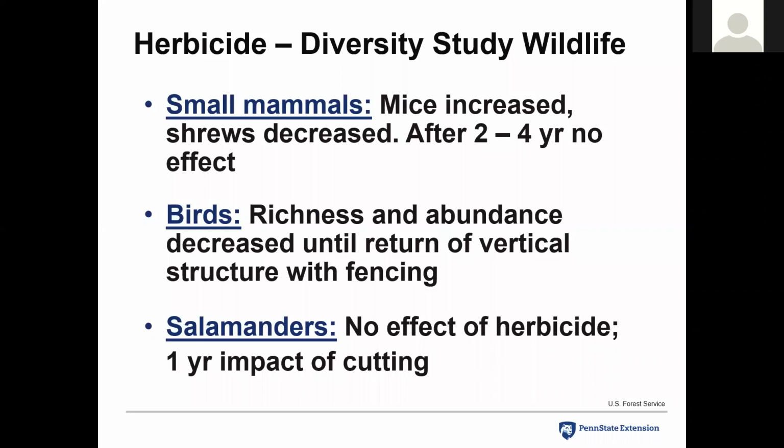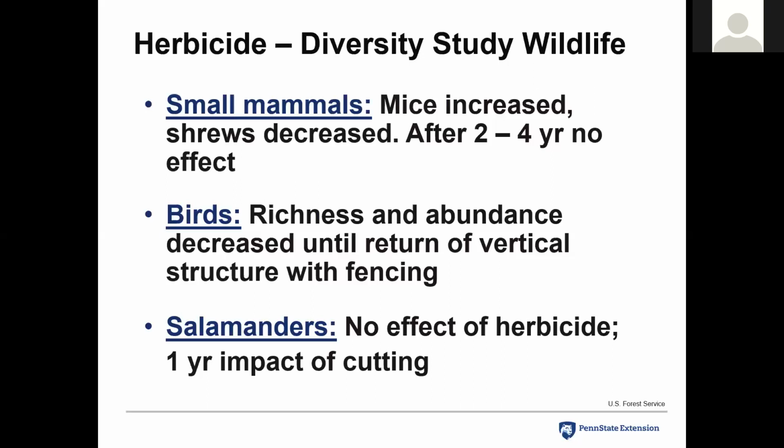So the vertical structure is that structure that you lose from the ground layer up to about 20 feet. So that was eliminated with the herbicide spray. So once that returned after 4 or 5 years with fencing, they found that the bird richness and abundance actually returned. Salamanders, they found no effect with the herbicide, but they did see an initial reduction in impact in the